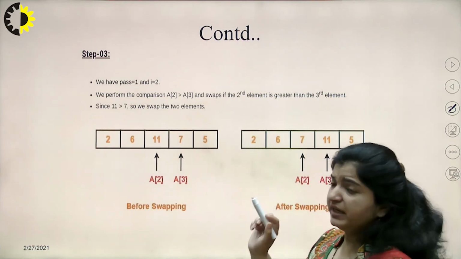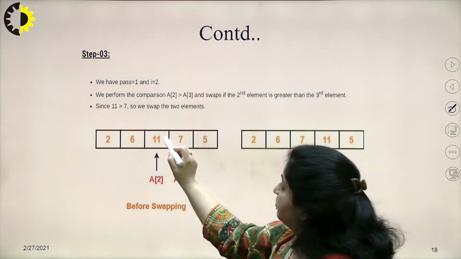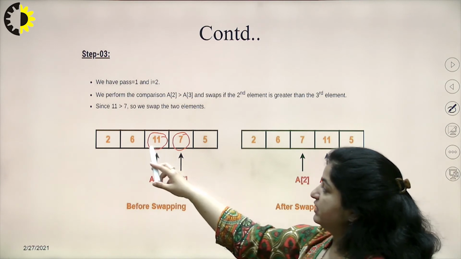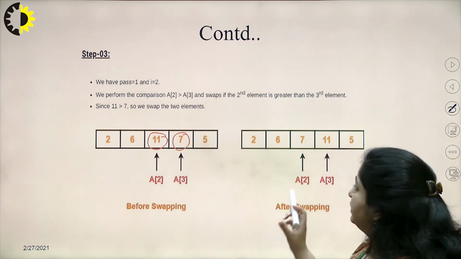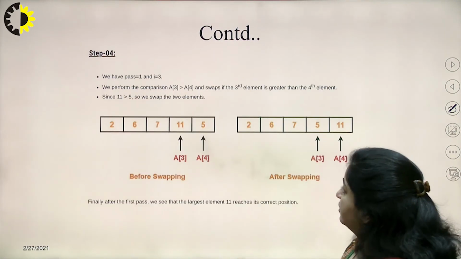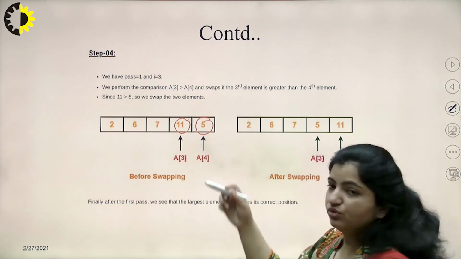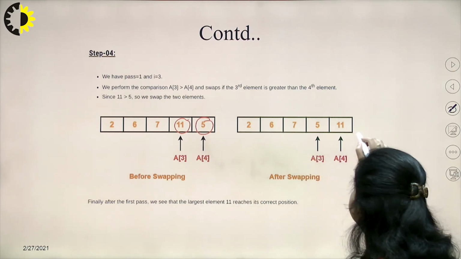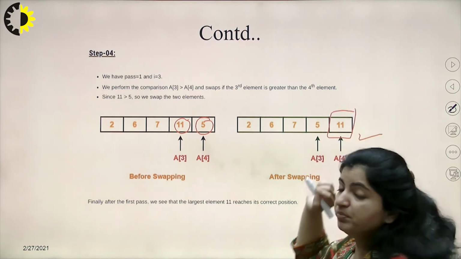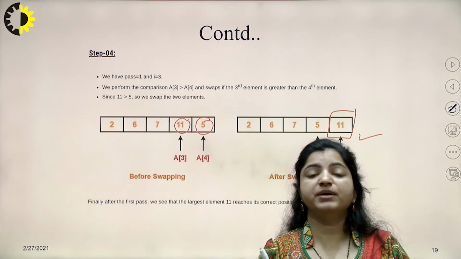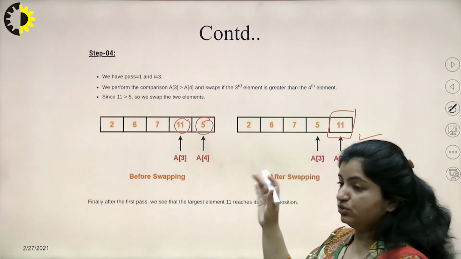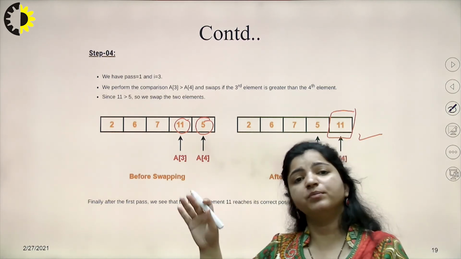Then in pass 1 again we will move forward, fine. So we will compare 11 and 7, fine, and again I will check whether 11 is greater than 7, yes. So we will swap these two and I will get this array. Then again I will move forward in the same pass, fine, and 11 and 5 are compared. So they will be swapped again and I will get this array. Now if I see, this 11 has bubbled up to its actual position, the largest element has reached the last position, fine. So this is what we call bubbling. We are moving from the very first position and bubbling up to the last position.